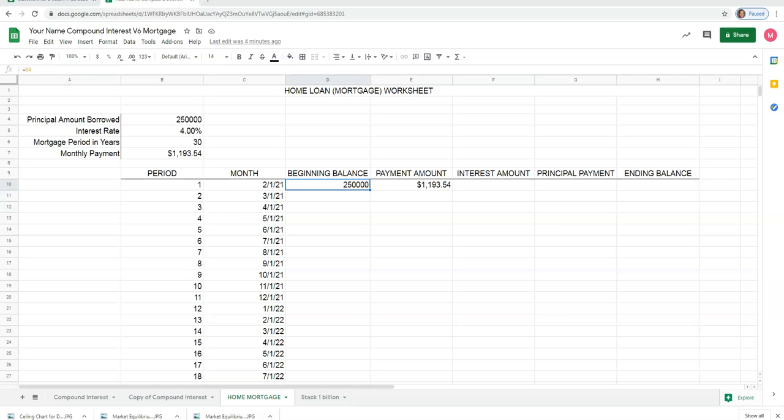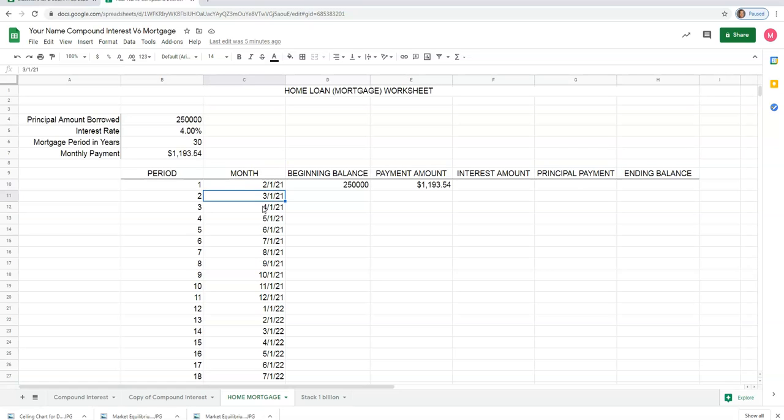Here in video 7 of our home loan, our mortgage worksheet, we are going to calculate the other elements of a mortgage loan, including the interest amount, the amount that we're paying in interest, the principal payment, how much is actually going to paying off the loan, and then at the end of the first period, which is in terms of a month, what the ending balance is. In other words, how much do we still owe on the original amount that we borrowed for this home. So we will be putting in formulas for the interest amount, principal payment, and the ending balance, and then of course extending that out to